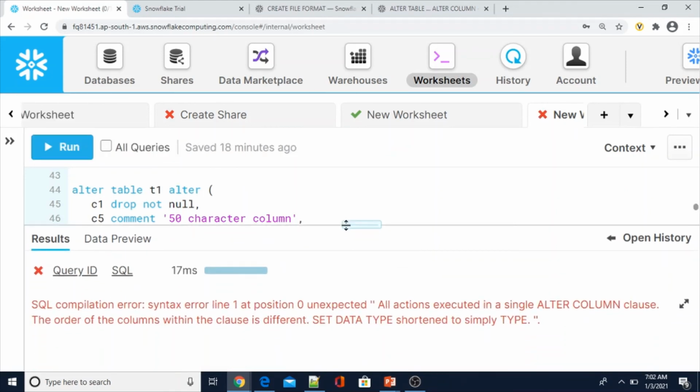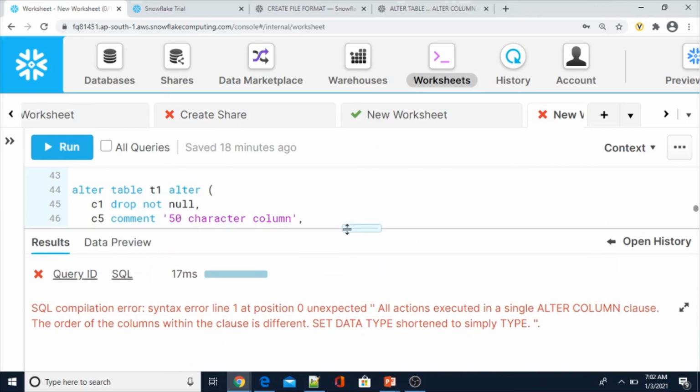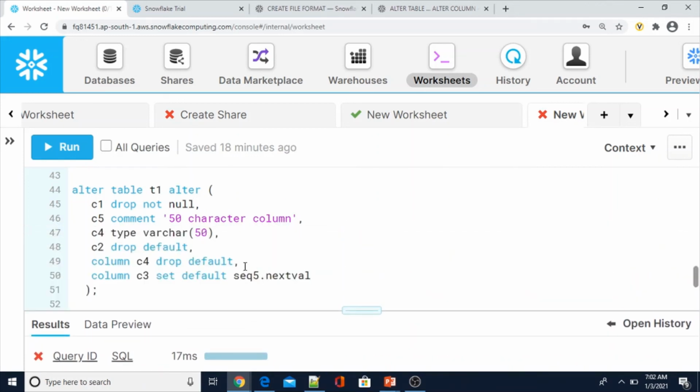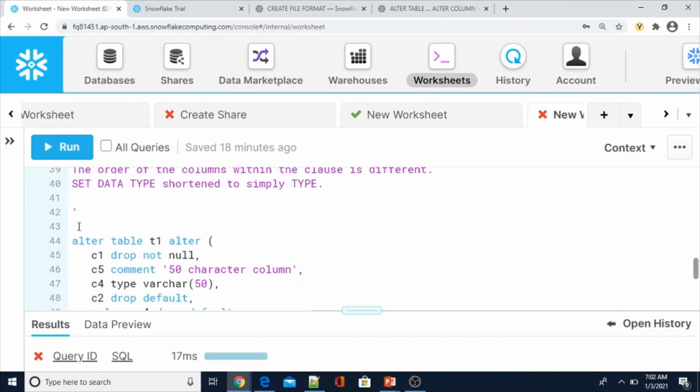So let's execute the entire statement. See here, it failed because in the alter column clause, the sequence is not there. Let me try to create sequence 5 and we'll see what the error is. Create sequence 5.